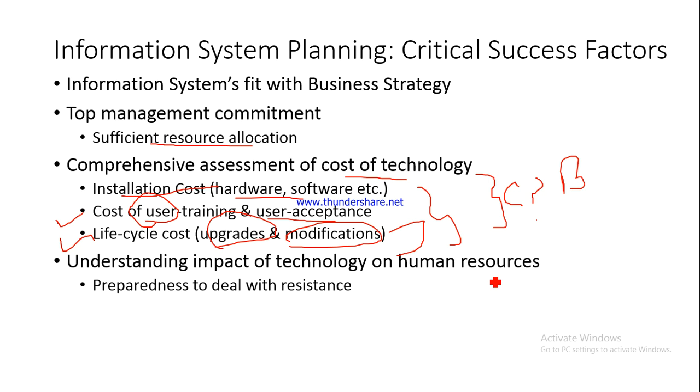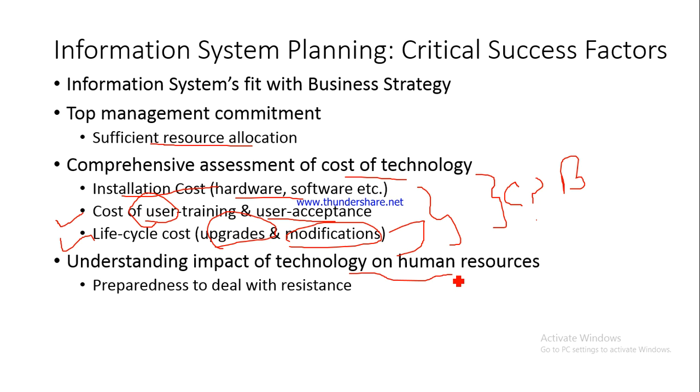Okay, so another critical success factor is to understand the impact of technology on human resources. See, the technology would certainly impact the human resources. When in Uttarakhand Parivahan Nigam, the State Road Transport Corporation, the electronic ticketing machine was being implemented, which, I hope you know, is basically a transaction processing system, there was huge resistance from the conductors because they were getting impacted, and because of which the whole process of implementation got delayed by almost 1 year.